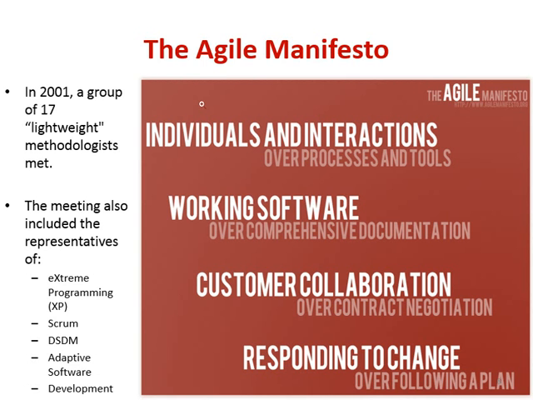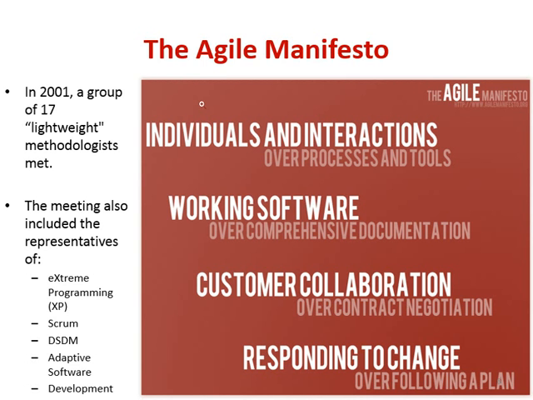One is individuals and interactions over processes and tools. So the Agile Manifesto gives priority to the left side, that is, the ones in white are given more priority over the lighter ones, which are marked in light pink. So individuals and interactions are the focus for the Agile Manifesto over processes and tools. Although Agile doesn't say that processes and tools are not required, they are required, but it gives more weightage to individuals and interactions. We will be discussing these points in more detail in our later slides, but a quick brief: